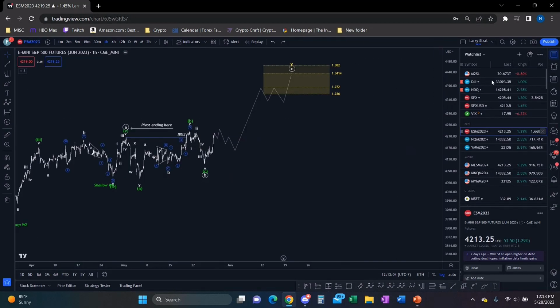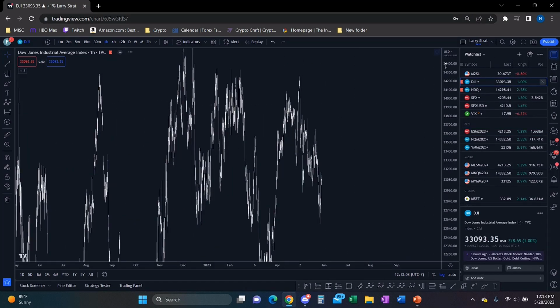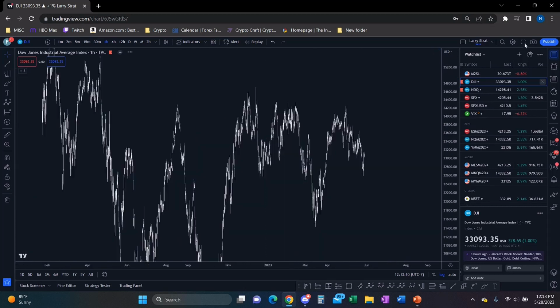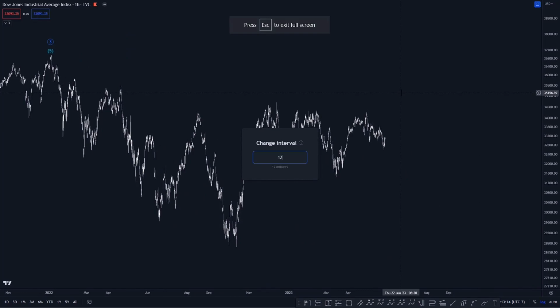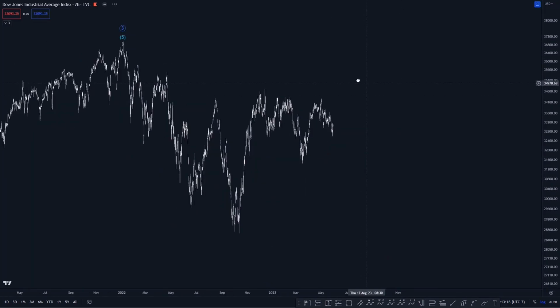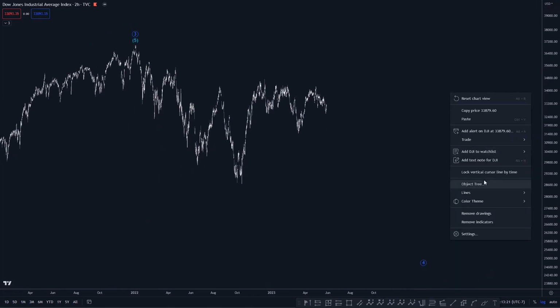Now I'm going to take a look at the Dow because I actually like the look of the Dow more, and I've been looking at it a little bit differently as well. The only asset that's really giving me some trouble is really Nasdaq, to be honest. So we'll save that one for last for me. But for the Dow,